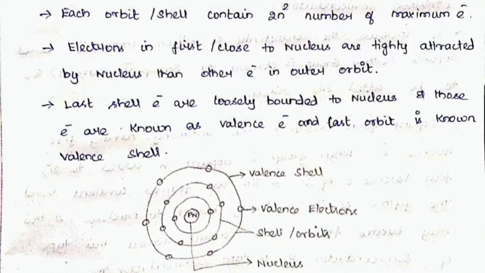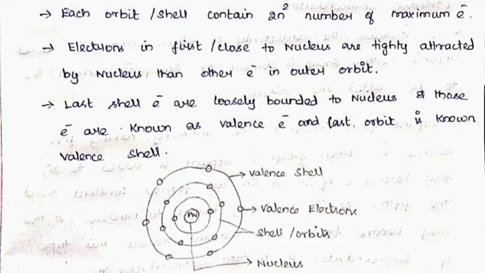Sometimes a question will be asked, like how many maximum electrons will be present in orbit number 3. So we can use this formula, 2 into n squared. Small n is equal to 3, which is given in the question. Then the answer will be 3 squared is equal to 9. 9 into 2, 18. So in orbit number 3, the maximum number of electrons present is 18. Next, we are going to move to an important concept.